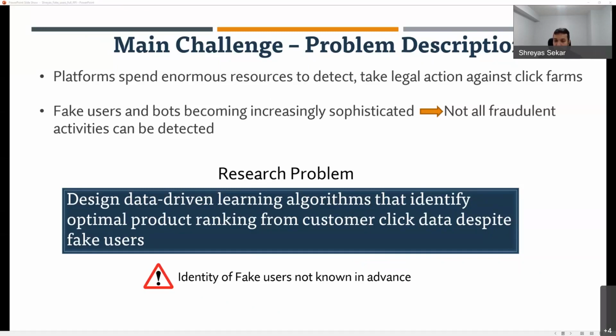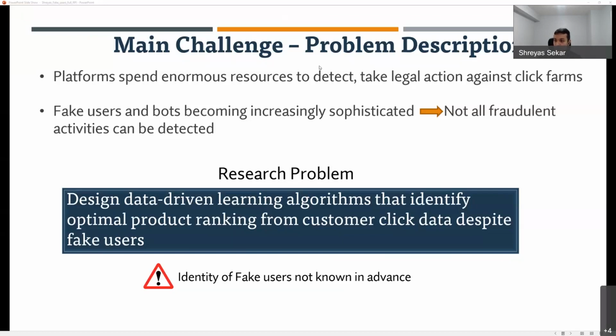Okay. One last thing before I go to the next step. As we looked at earlier, there are a number of ways by which fake users can spoof your algorithm. These include fake clicks, fake purchases, and fake reviews. Now, for the rest of this talk, I'm going to particularly focus on fake clicks. Now, this is for a couple of reasons. So one, whatever techniques we develop for fake clicks can really be translated to fake reviews, but in particular, fake reviews are a little easier to tackle because you also have the addition of fraud detection tools, which you don't generally have for fake clicks. Okay, so that makes fake clicks in some sense the most difficult version of this problem because it's much harder to detect fake clicks than it is to detect fake reviews.